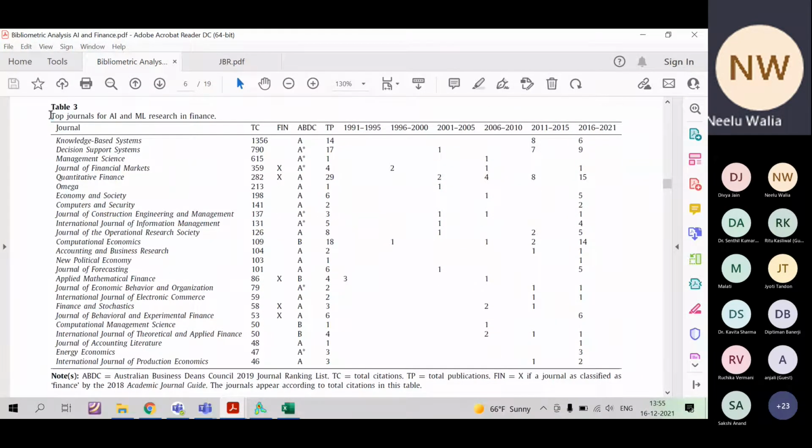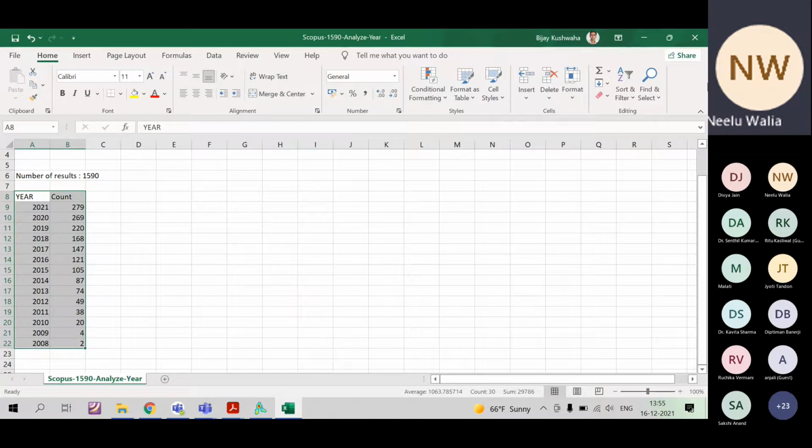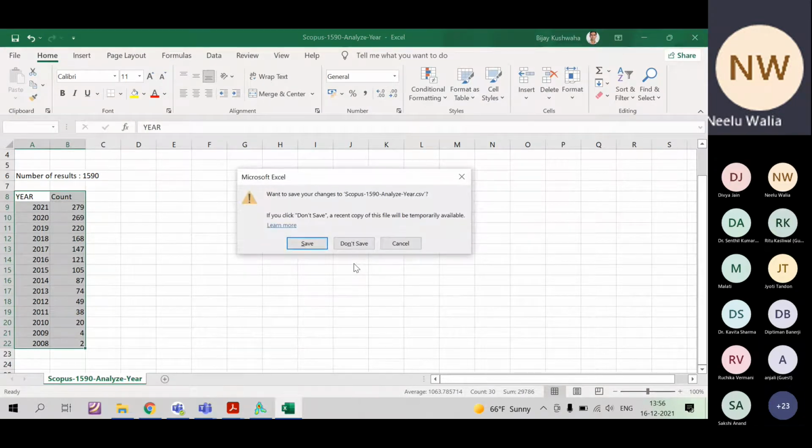Table 3 talks about top journals of AI and ML based on total citation. So how can we create this table? Very easy. We have the data available in Excel.